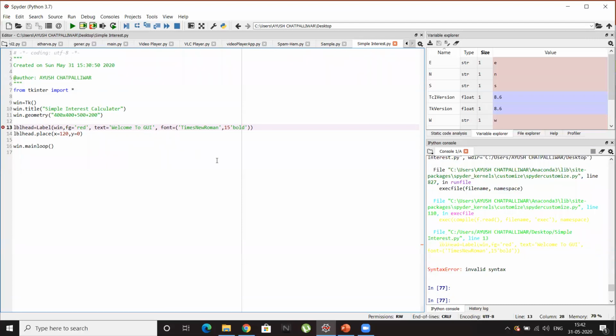Let's see if the color is changed. Oh, something is wrong. FG is equals to red. What happened? Let me see. Wait a minute.